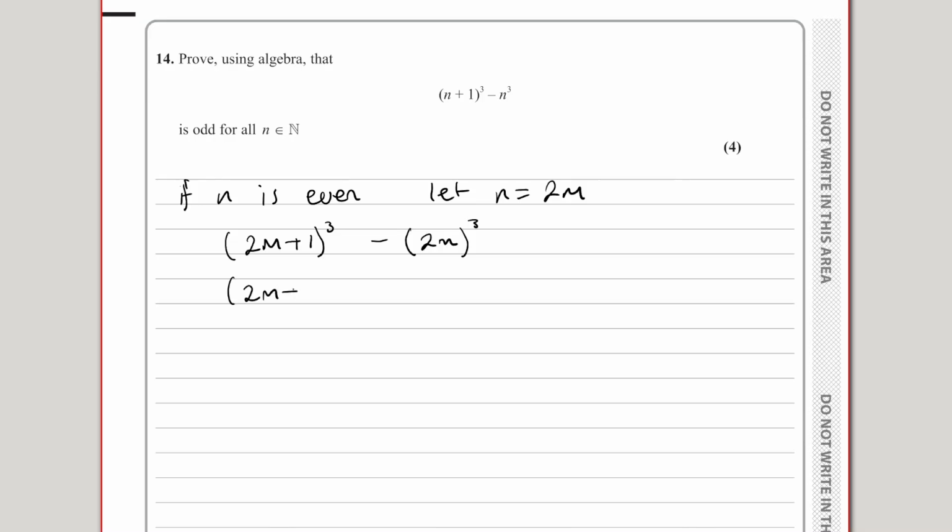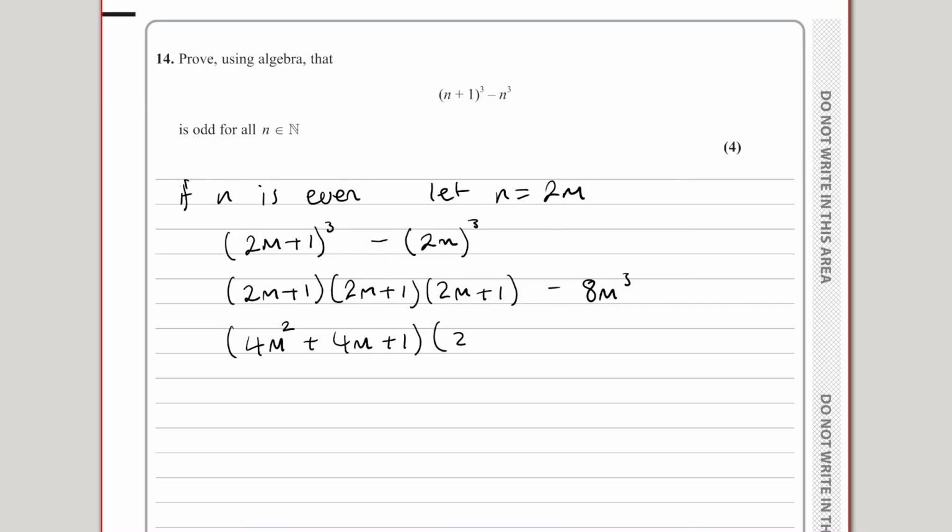So it's (2m+1)(2m+1)(2m+1) minus 2m times 2m times 2m, which is 8m³. I'm going to expand the first two brackets and then multiply by the third bracket. So I've got 4m² + 2m